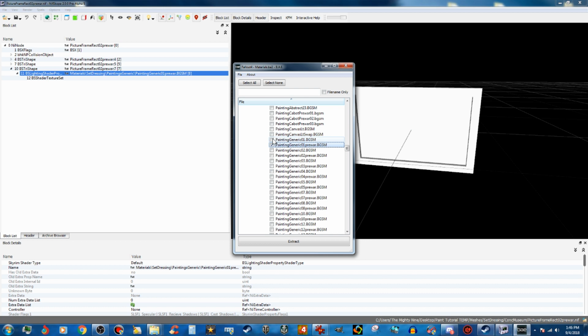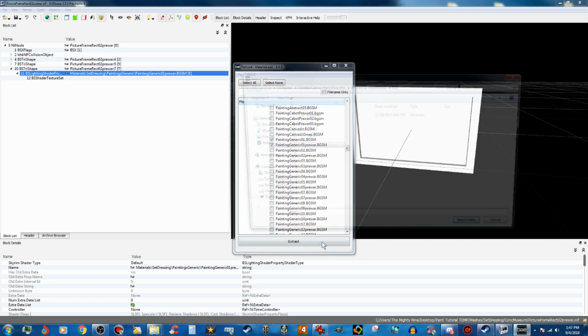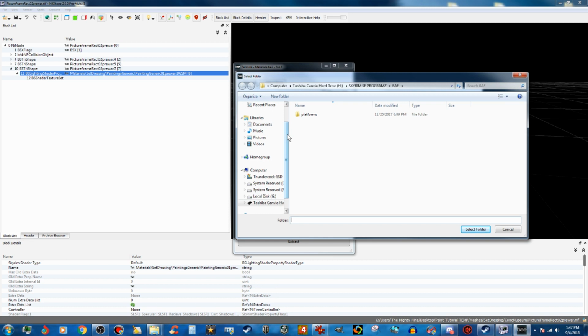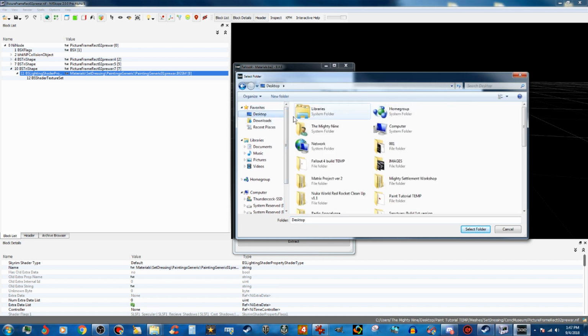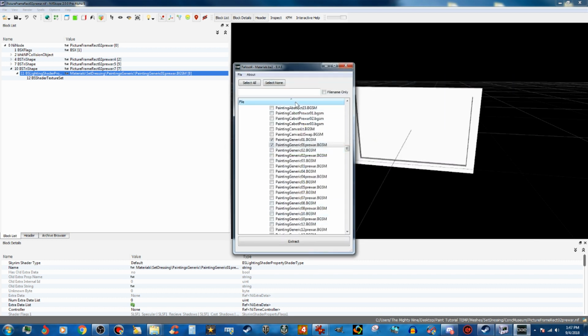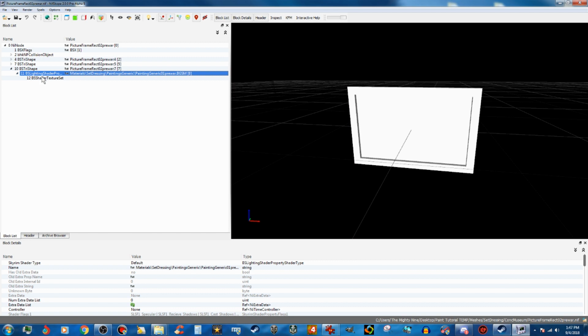And while we're at it, we'll grab this one here because, like I said, I'm going to do a clean and a dirty version. So I want to have two of those. I'm going to go ahead and extract those, and I'm going to put them right in there, just like that. Those are extracted. Now I need the textures,